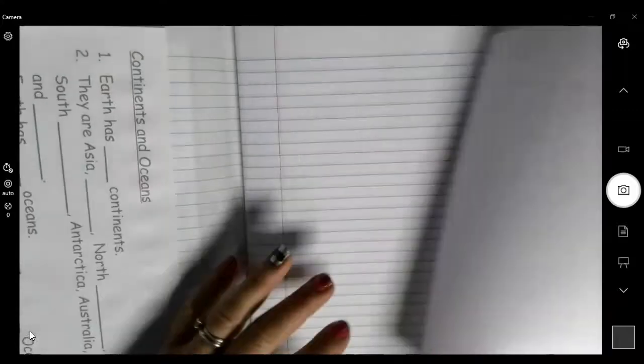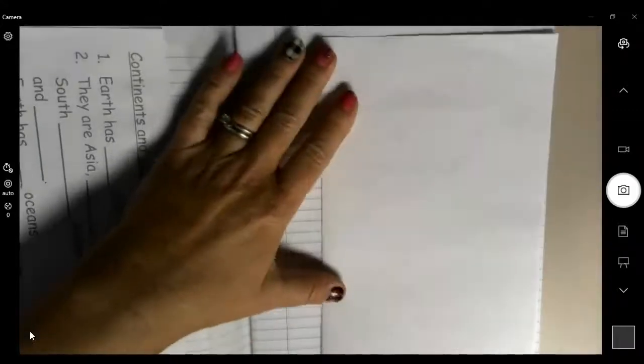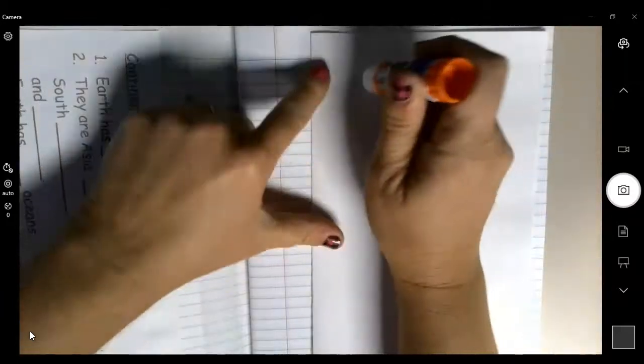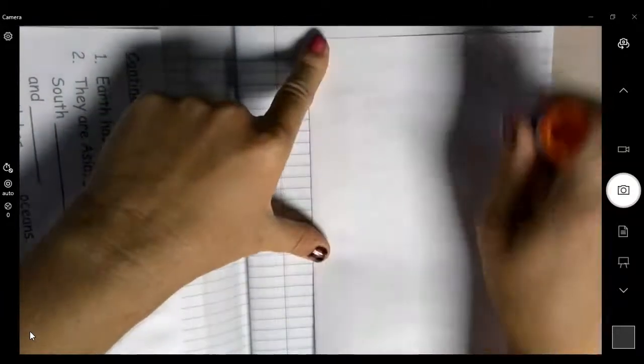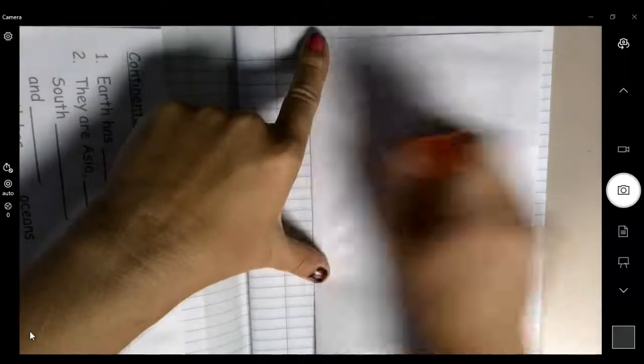So turn it over. I'm just going to put glue on the back of one side. And then you're going to glue that in here. And then when we're ready, that will open up just like this. And it'll stay nice and neat in your notebook. So if you need to pause here and get all of those things set up, go right ahead. And we're going to come back and talk about